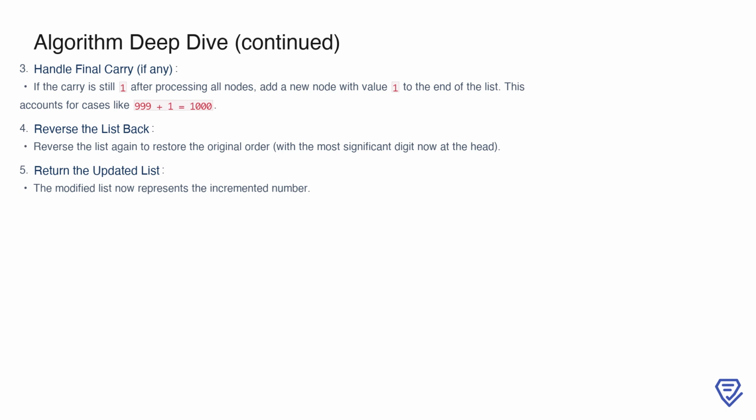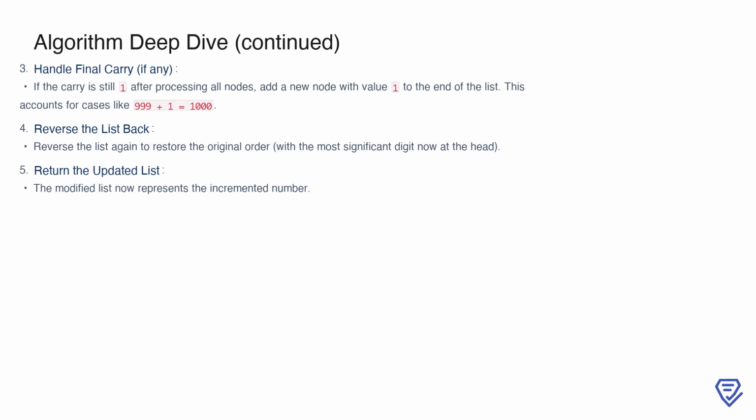Once the addition and potential carry propagation are complete, the next step is to reverse the linked list back to its original order. Doing this restores the most significant digit to the head of the list, ensuring that the final representation of the number is correct. Lastly, we return the updated linked list, which now represents the number incremented by 1. These steps are designed to work seamlessly with the constraints of a singly linked list, ensuring that we handle all